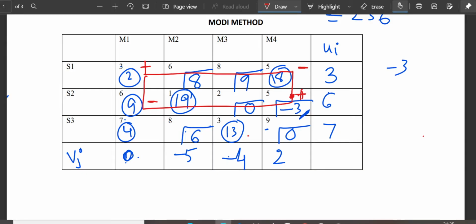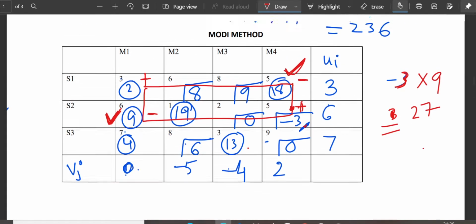Out of these negative cells, where you assign the negative sign, look at what is written in the circle. In one circle it is written 18, and in the other negative cell the circle contains the value 9. Choose the smallest circle. The smallest circle is 9. So it means that I can reduce the cost by this minus 3. 3 rupees per unit cost can be reduced, and I will supply 9 units. So 3 into 9, 27. So the cost can be reduced by 27 rupees in the next table, right?